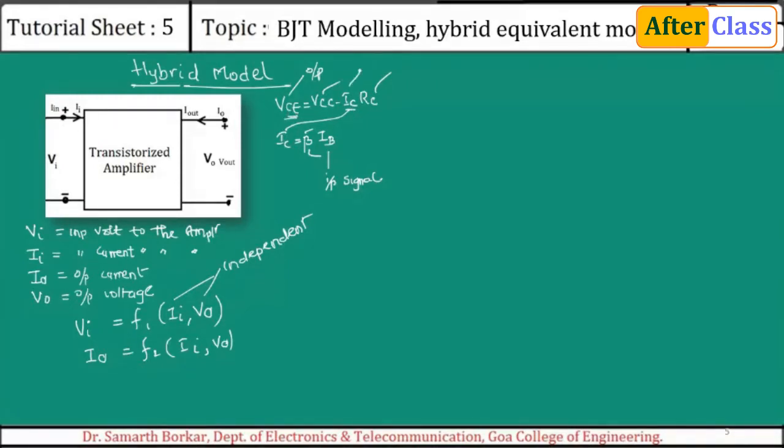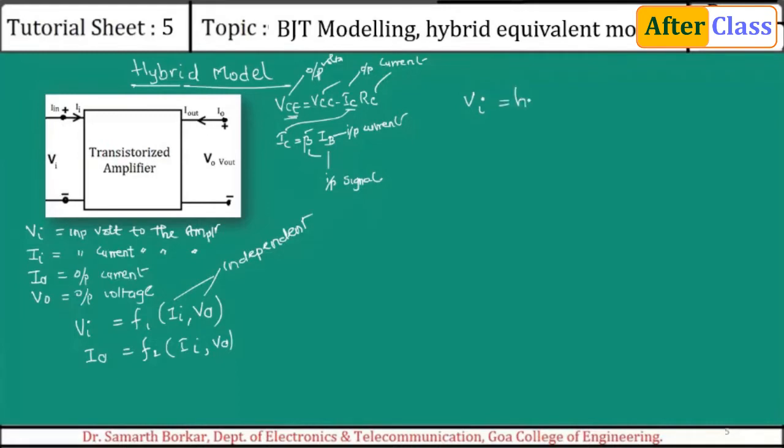IC is the output current. Output current depends upon input current. Input current depends upon the input signal. Fine. So input current and output voltage are independent, and these two, input voltage and output current, are dependent. So this depends on these values. Fine. Now this can be written as